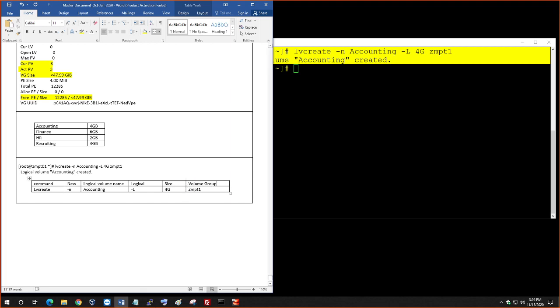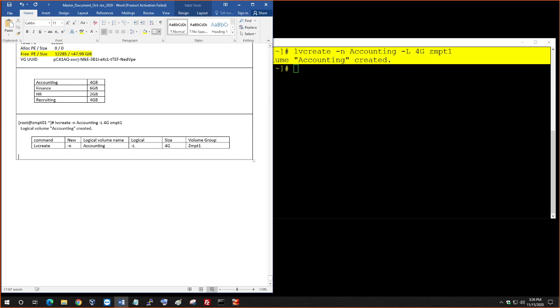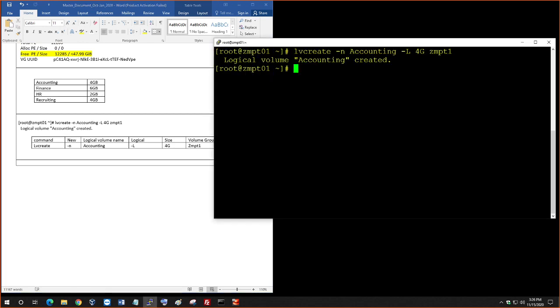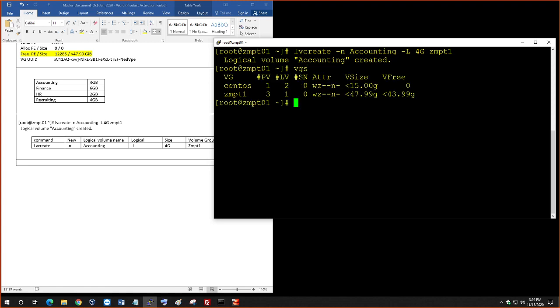Where are you getting this size from? You're gonna carve it out of ZMPT1. Okay, so if you do VGS and hit enter, now you could see here that the volume group is 1 here because we just created one. Or if you do VG display ZMPT1,